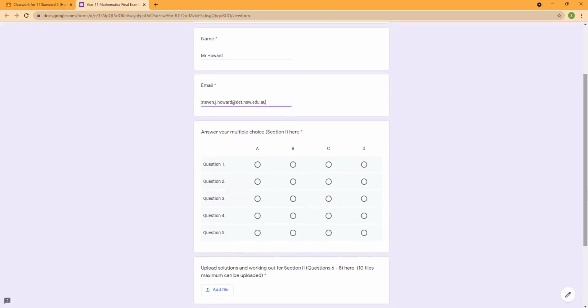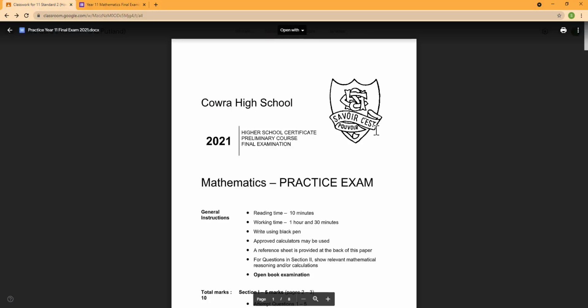Okay, so we've got a section here which is for our multiple choice answers. So we come back to the exam paper. Now the actual exam paper will be set up so you can't print it, and the reason for that is to try and make this as equitable as possible, because some people have got printers at home, but I don't. I haven't got one here, and it's just not